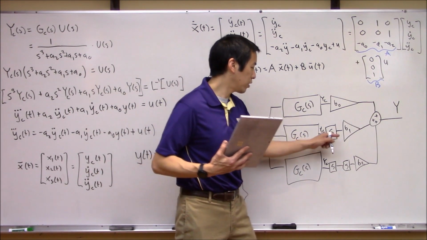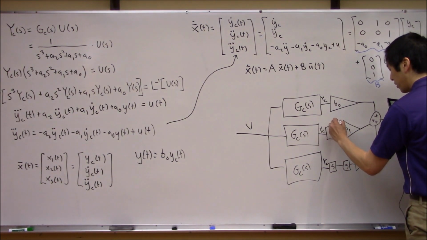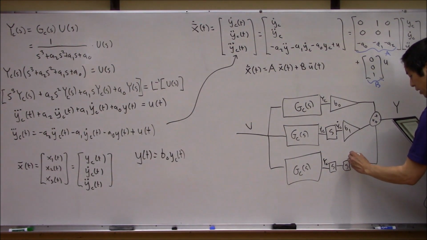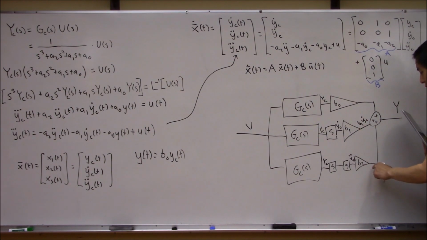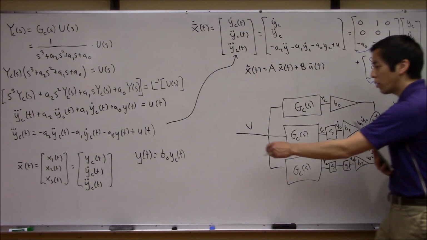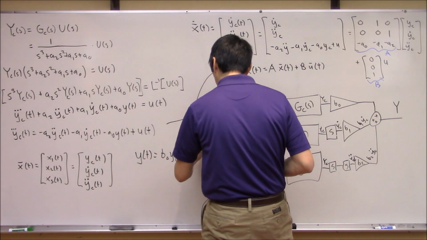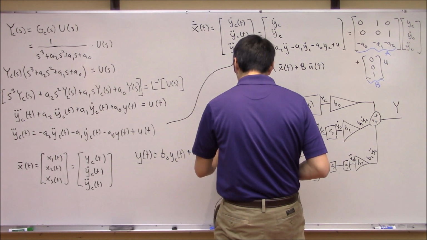So really, this signal right here is YC dot, right? And similarly, down here, this is YC double dot. So you follow this diagram, and this signal right here is nothing more than B1 times YC dot. This signal here is B2 times YC double dot. Okay, so we end up with this plus B1 YC dot plus B2 YC double dot,